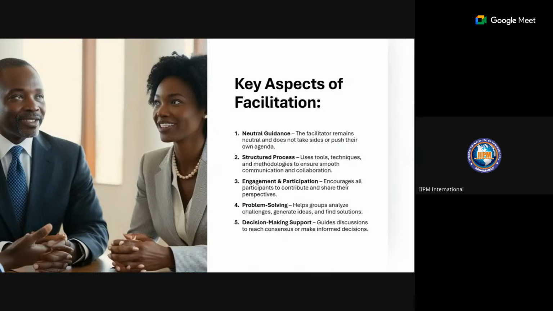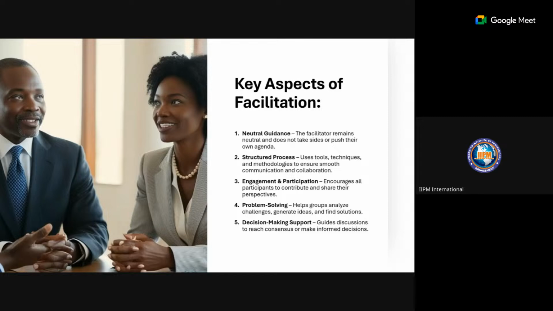You're not to take sides to anybody. Okay, you can say to a class, this class is very intelligent. But you're not to say to a person, you are the most intelligent person I've seen in this class. When a teacher is teaching, he's permitted to do so. When a lecturer is doing, he's permitted to do so. But as a consultant, a facilitator, you're not permitted to take sides.